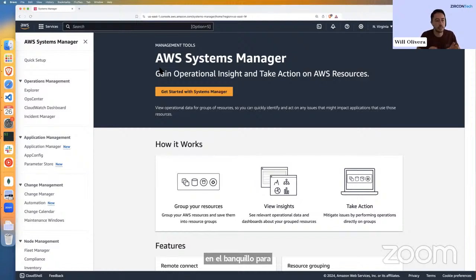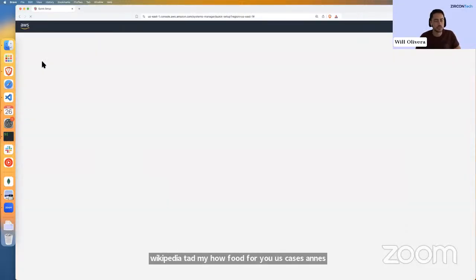But nowadays, there's a quick, easy way that might be helpful for your use cases, and it's by using AWS Systems Manager. If we go to the Quick Setup on this service,